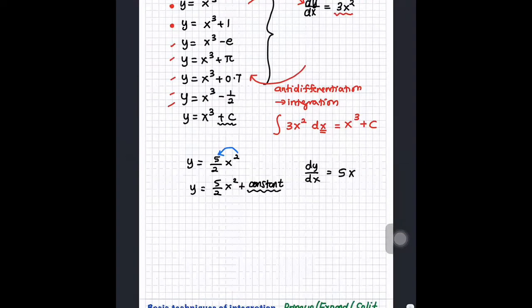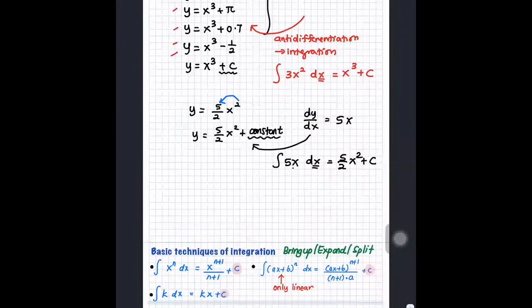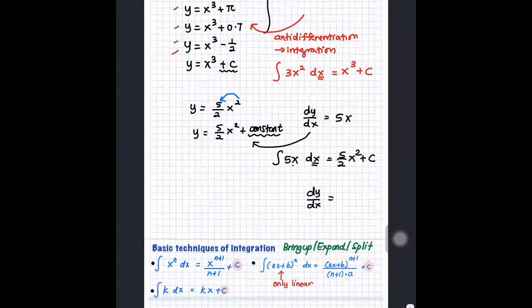So now since we are doing integration, the reverse process, integrate 5x with respect to the x variable. Question has an x. Your answer is going to be 5 over 2 x squared plus c. Okay, let's try one more example. dy/dx equal to 8. What is the y? Maybe Jason, you want to answer? 8x. Very good. Can I have another variety from Nabil? 8x plus c. Very good.